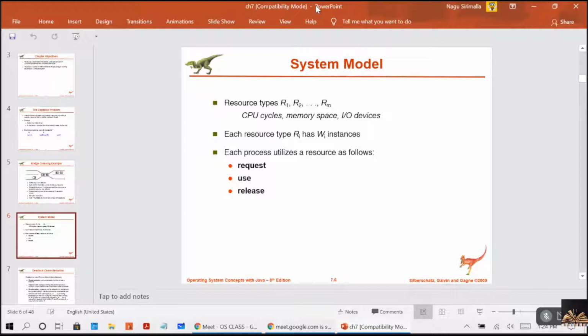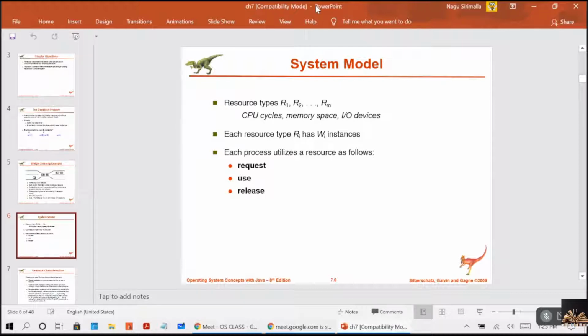When it comes to the resource type, each resource has a set of instances. What do you mean by instances? That means you can have more than one instance of the same resource type. Your system may be connected to two or more printers, so at that time I can say my system has the resource type printer with two instances. You are getting me? Instances means the number of copies of a single resource type that are available, right?